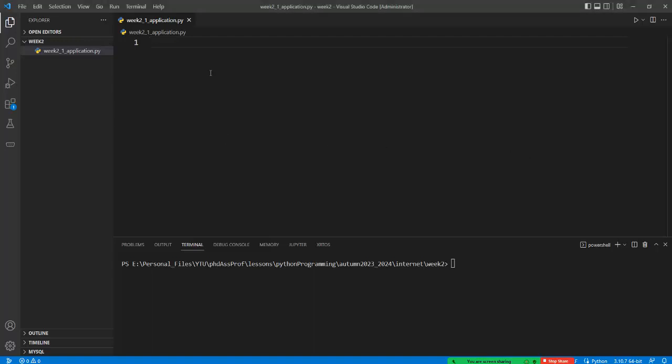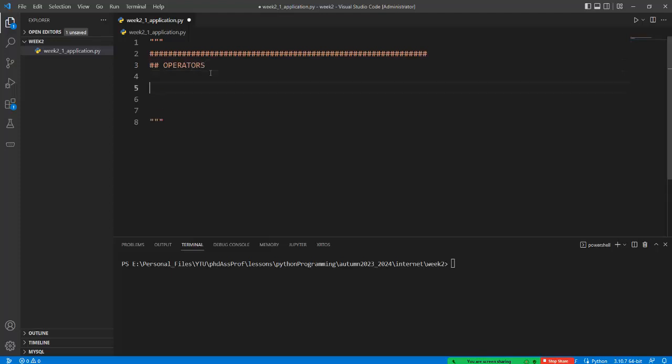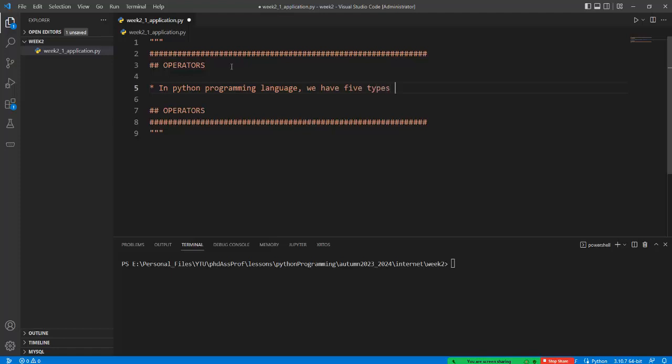So, in this lesson, we will firstly talk about the operators in Python programming language. Okay, like this one. And so, in Python programming language, we have the 5 types of operator,